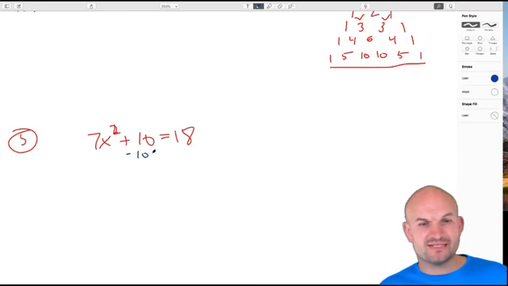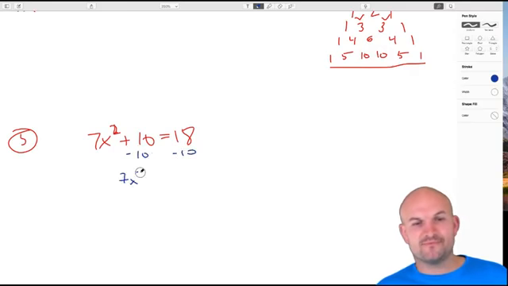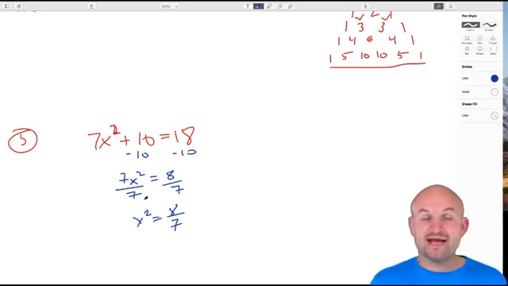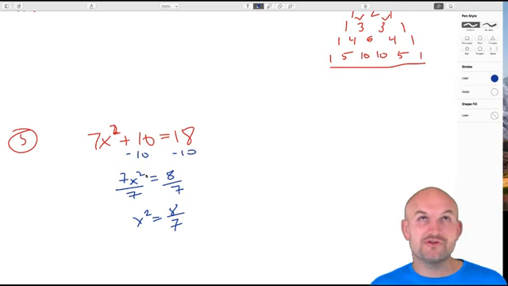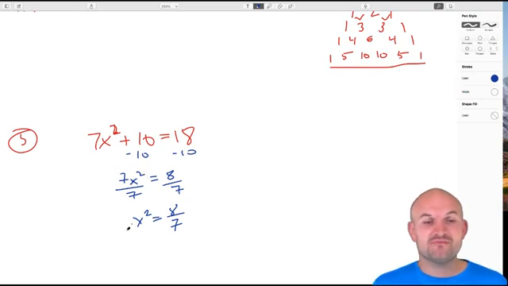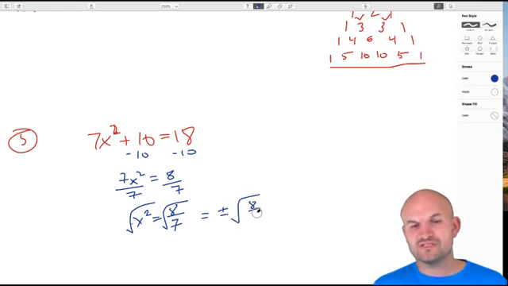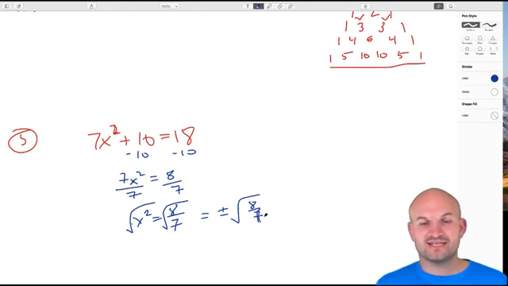So I'm going to subtract 10. And my goal here is to isolate my x squared. So I get an 8. Now divide by 7. So I get x squared equals 8 over 7. Now, to undo the squaring, I need to use plus or minus the square root. So therefore, that's going to be plus or minus the square root of 8 over 7,